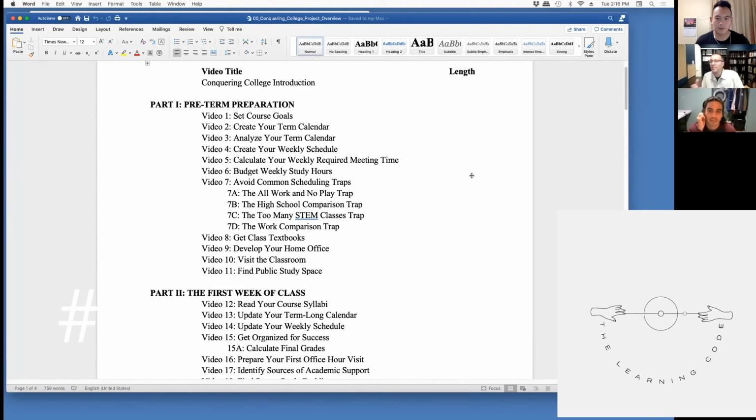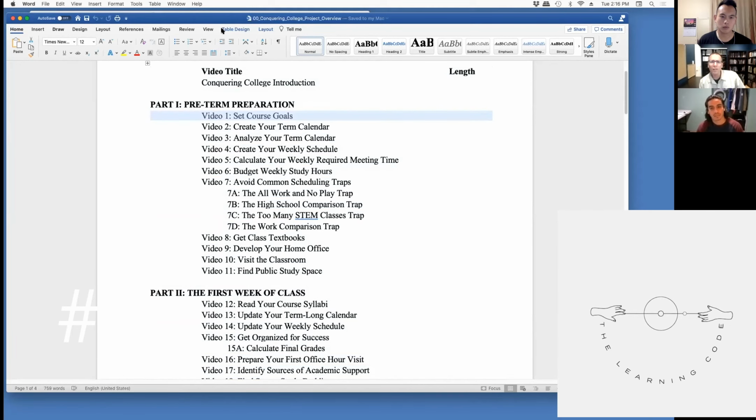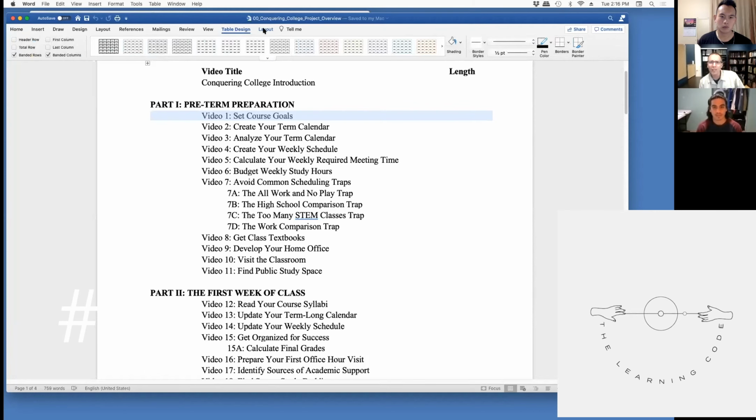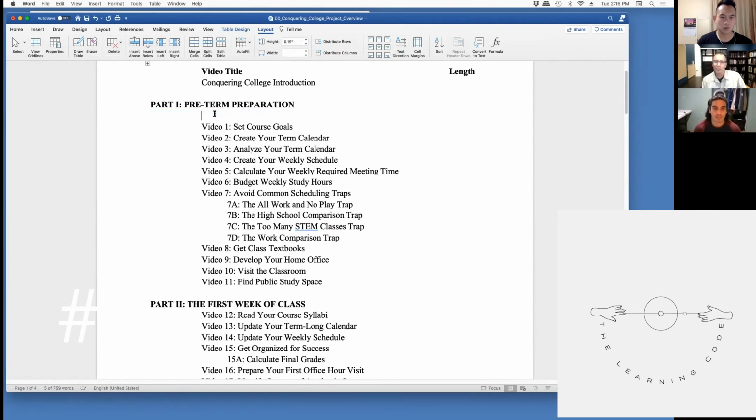So one of the things that I think is kind of unique about this project is to timestamp a lot of the interventions and principles based on how the quarter flows. I would actually say that I didn't do this in this one, but I should have. I'm not sure. There it is. So table design, that's frustrating. Let's insert above. So video 0 is to